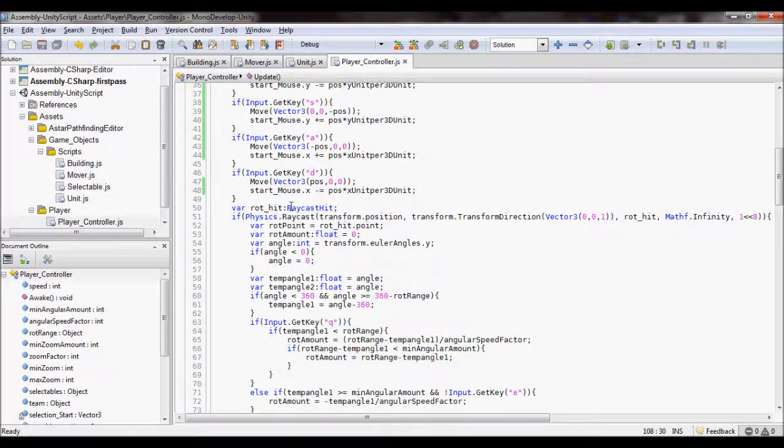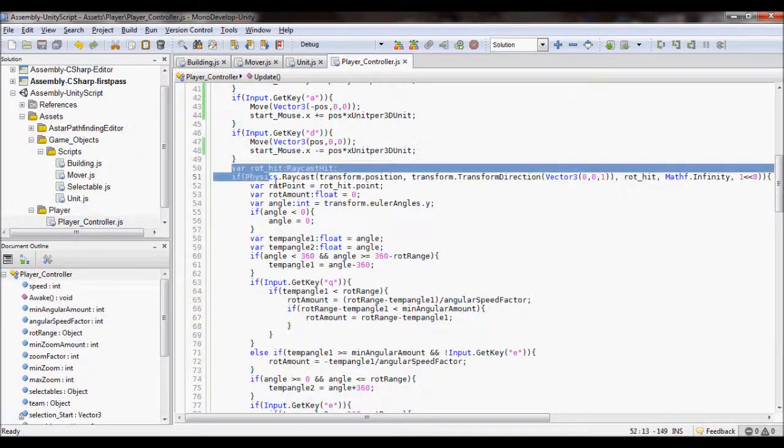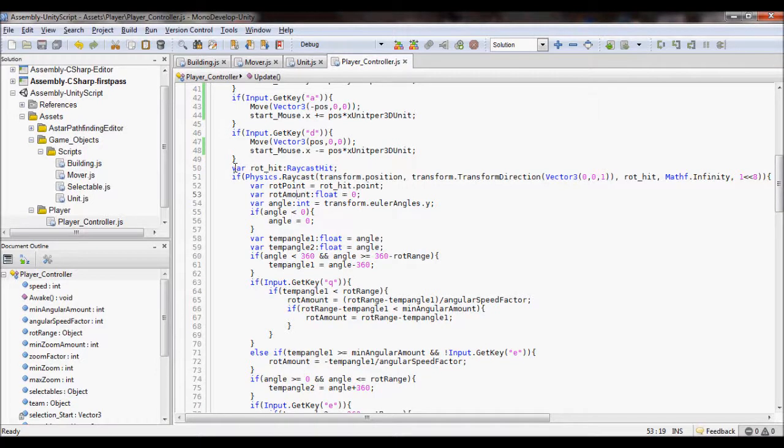So to get this video rolling, going on to my Q and E rotation. That is how I rotate, using the Q and E buttons. So I move around with WASD and rotate the camera with Q and E. My first thing I do is cast a ray through the camera's center so that you get this nice rotation around point. And then I get the angle